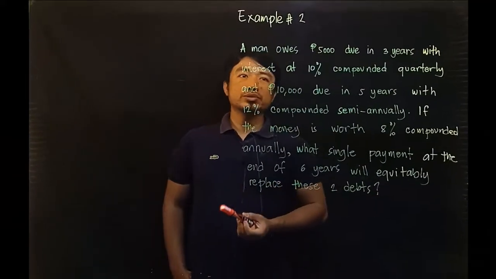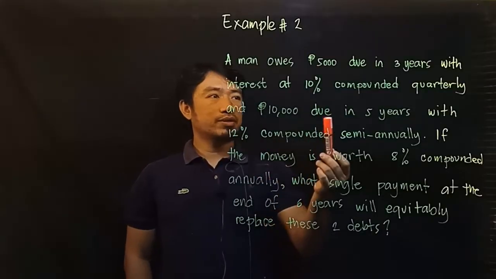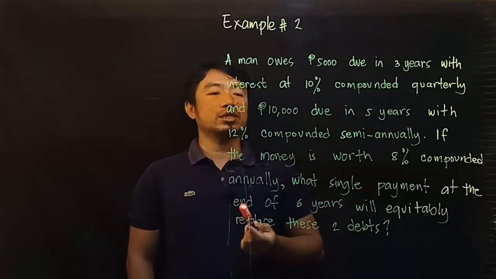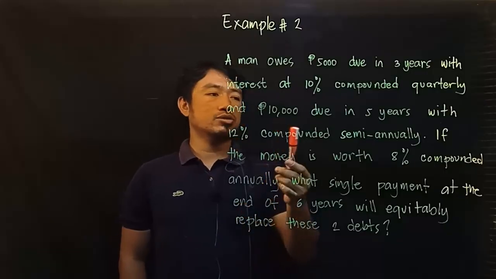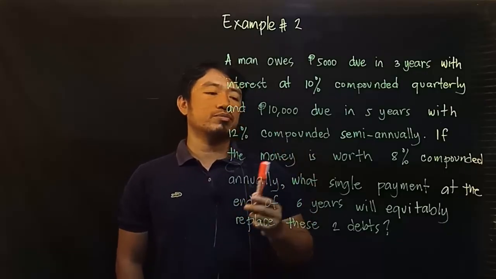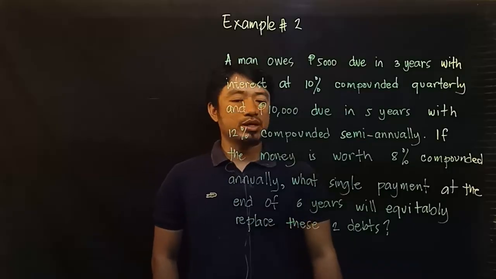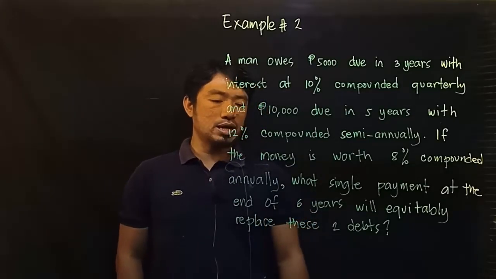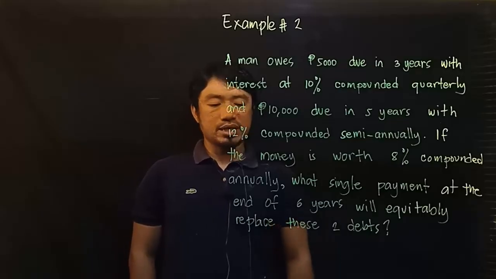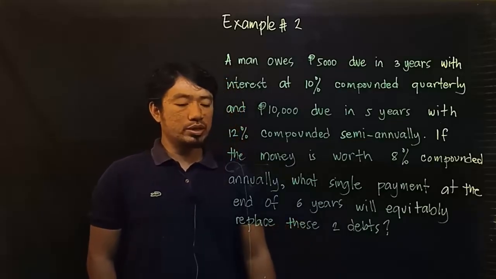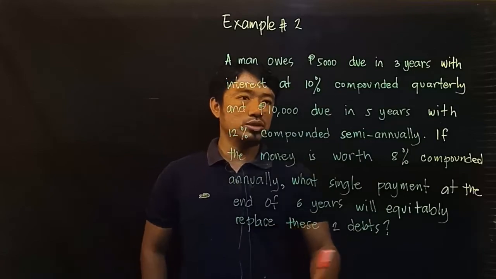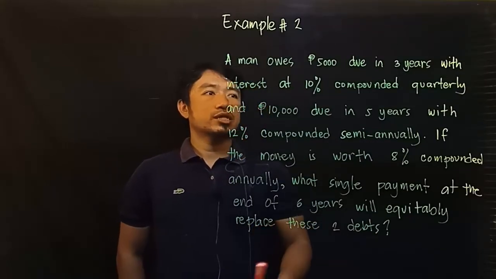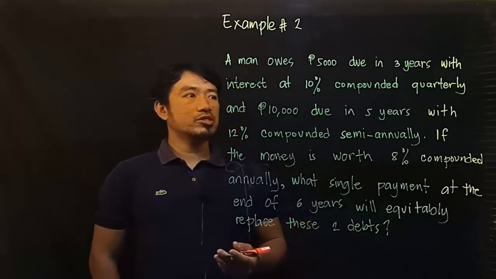So example number 2: a man owes 5,000 due in 3 years with an interest of 10% compounded quarterly, and 10,000 due in 5 years with 12% compounded semi-annually. If the money is worth 8% compounded annually, what single payment at the end of 6 years will equitably replace these two debts? Okay, this example is similar to the previous problem,